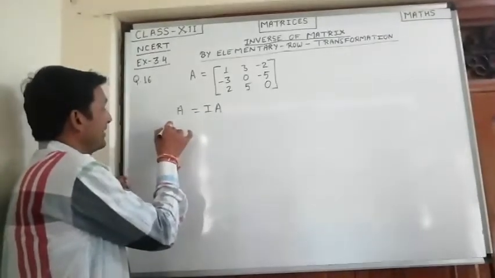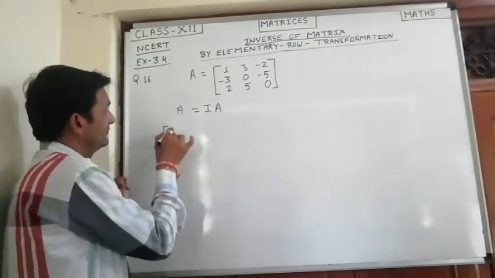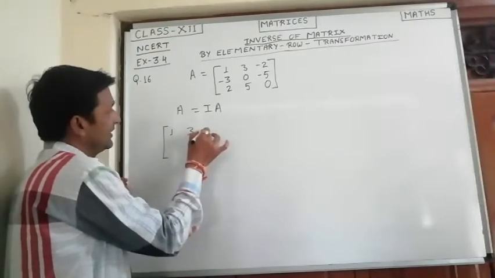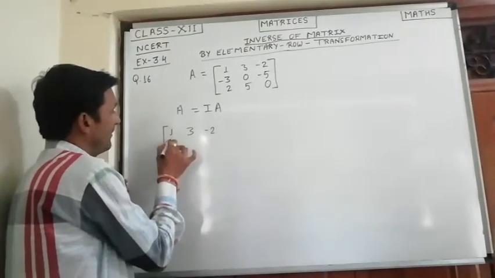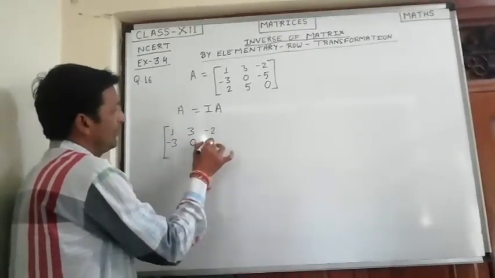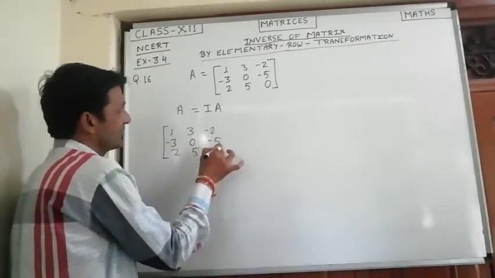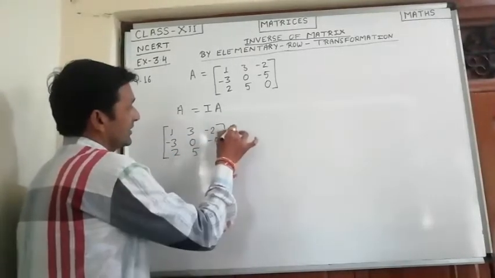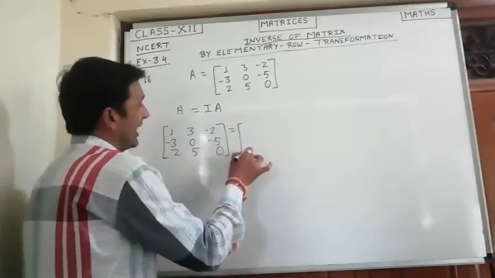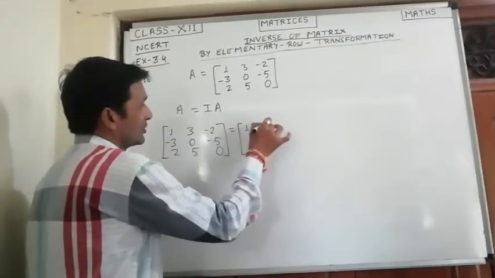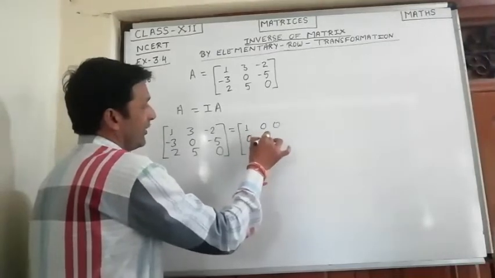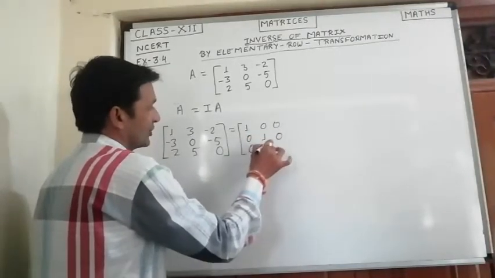So here I am writing A: 1, 3, minus 2, minus 3, 0, minus 5 in the second row, in the third row 2, 5, 0, is equal to, here we have to write the identity matrix, that is 1, 0, 0, 0, 1, 0 and 0, 0, 1